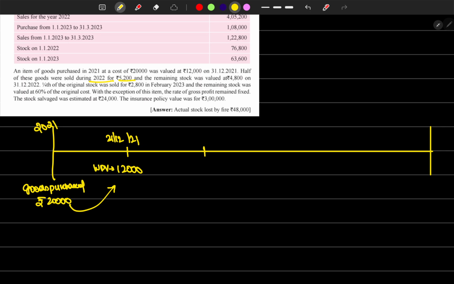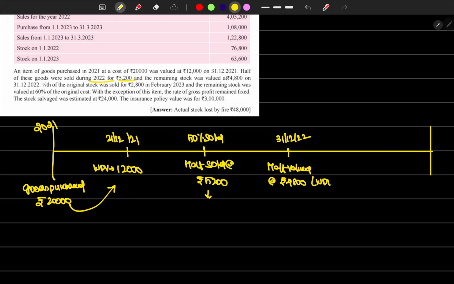Let's quickly write it. 50% sold. Half sold at rupees 5,200, and then the remaining stock on 31/12/2022 is valued at rupees 4,800, which is the WDV. Then 1/4 of the original stock was sold for rupees 2,800 in February 2023, and the remaining stock was valued at